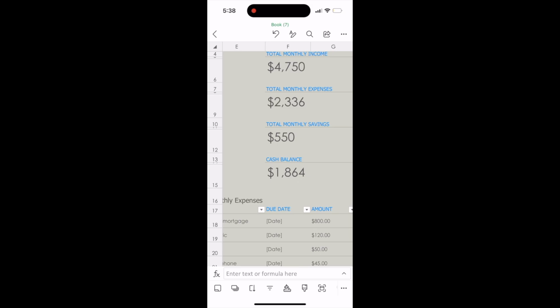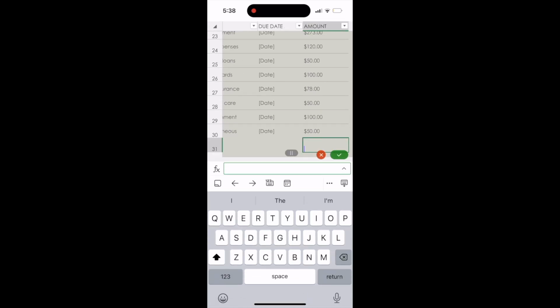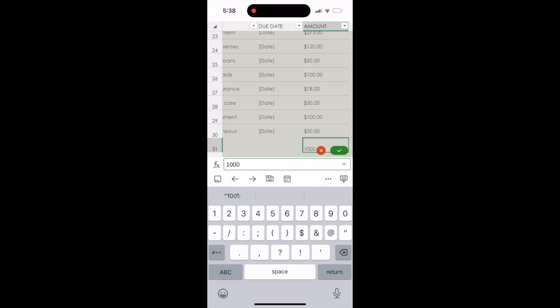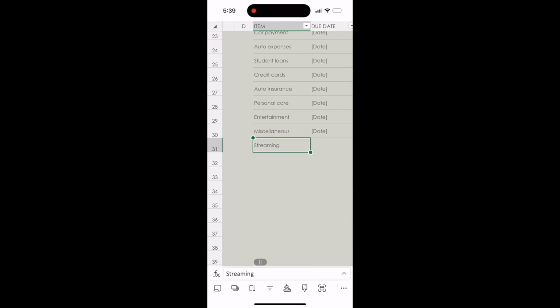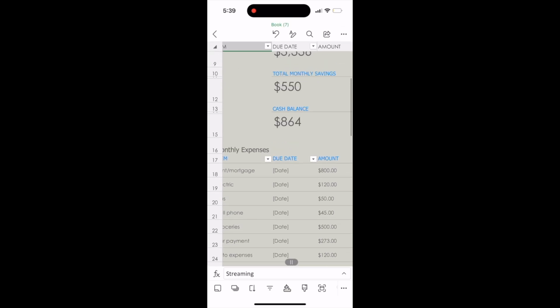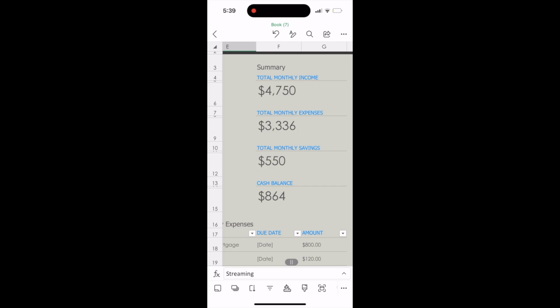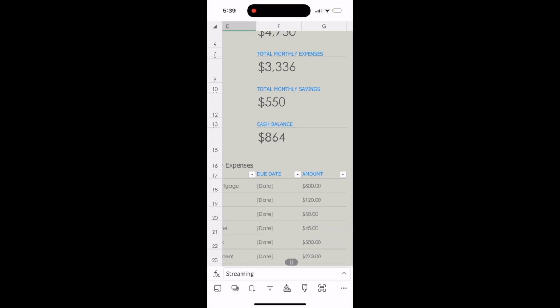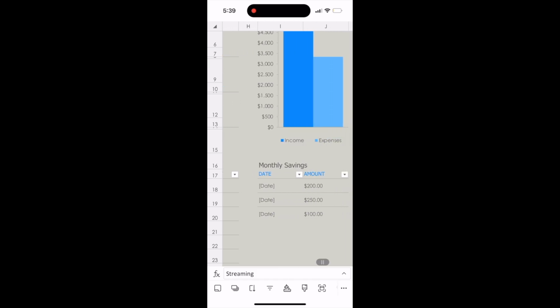$2,336. So if we scroll down, let's add $1,000 and we'll name it streaming. Check. Scroll back up and you can see the expenses increased by 1,000, which is exactly what we expected to see. All right, and you can do the same for each category, savings, and also